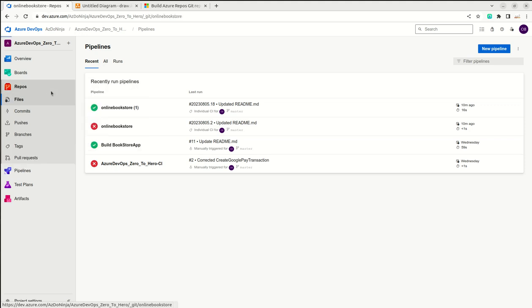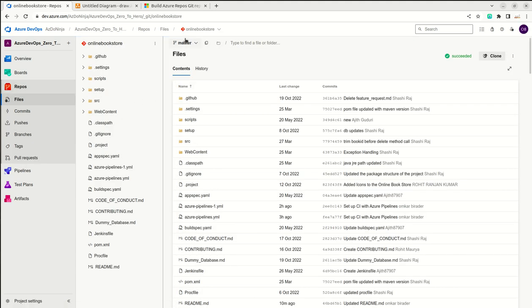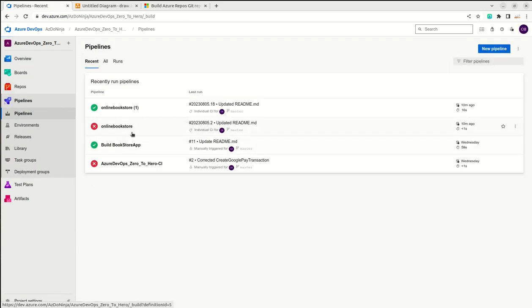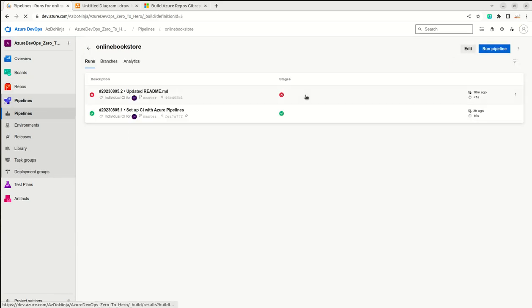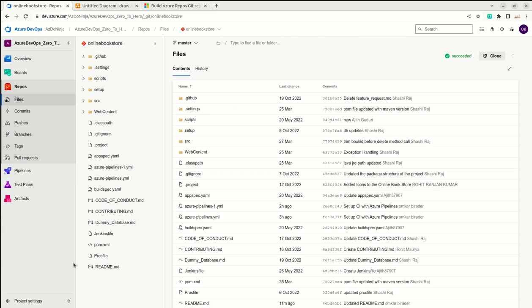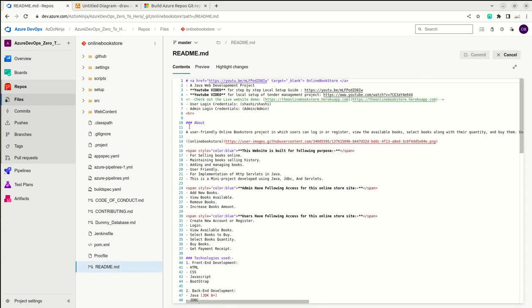But how do we make sure that a change on any of the branches is triggering this pipeline? Okay, so that is achieved using triggers. Okay, in here this trigger is mentioned on master branch. That means whenever we change anything in master branch, this pipeline will be triggered. We can check that. So for example, if I go and change anything here,